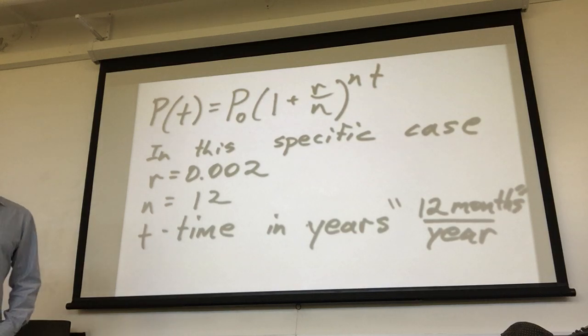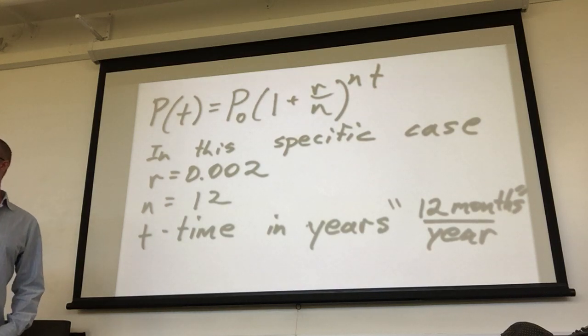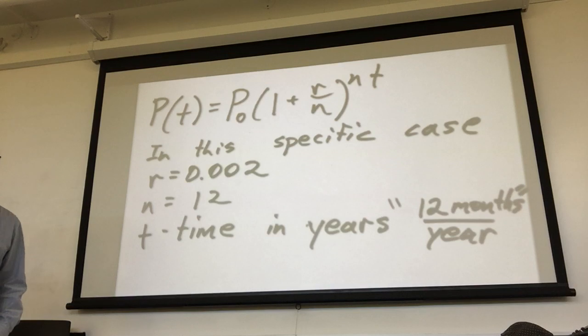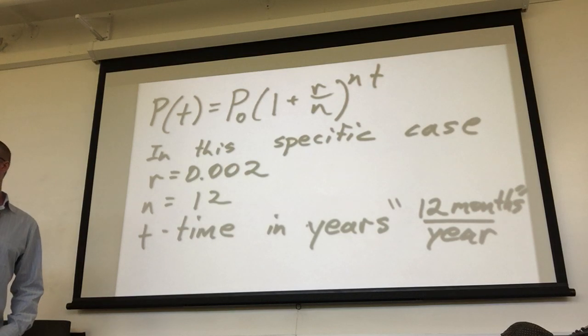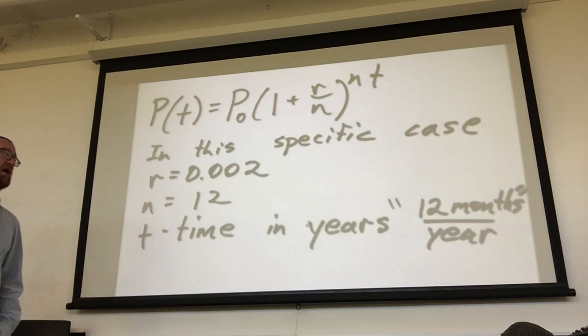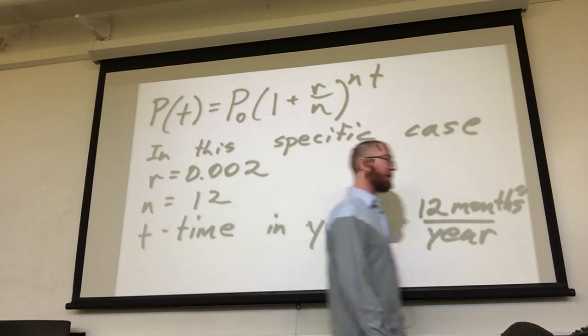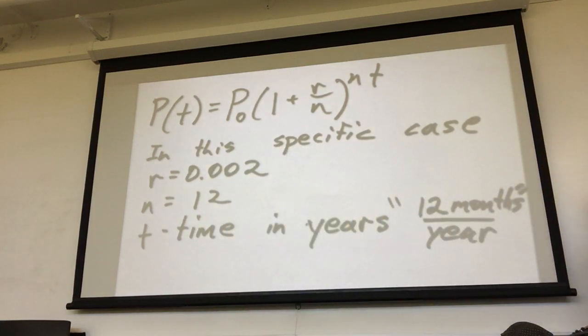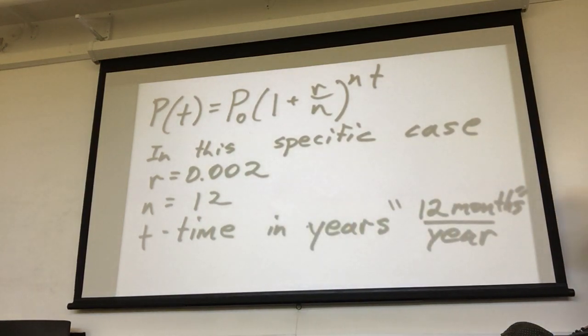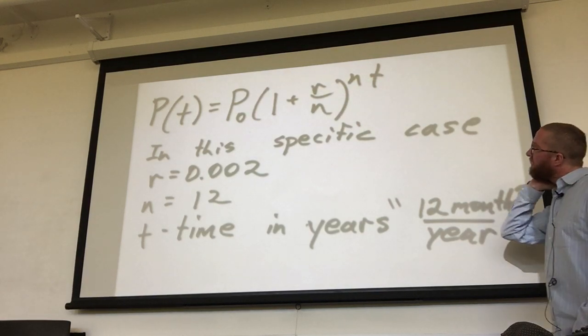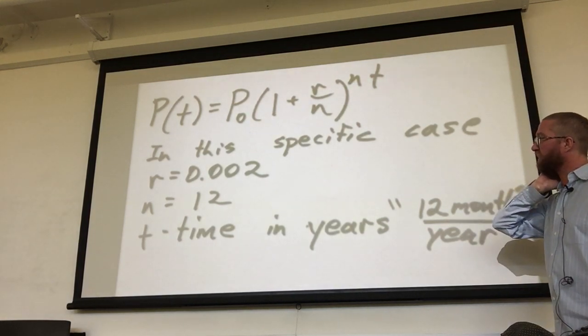Think about it, well, what would be happening every single day if your bank account was being compounded daily? It would take the amount in the bank account divided by 365, multiply by the interest rate, and go ahead and add that into the amount that was already in the bank. Okay? If it's compounded, but there's another question. Y'all might not have seen this formula, but in business mathematics,